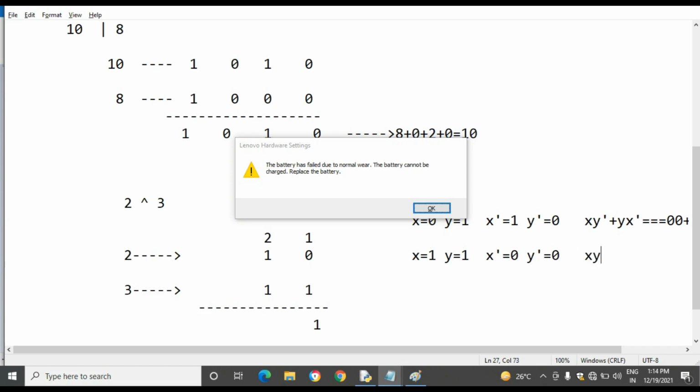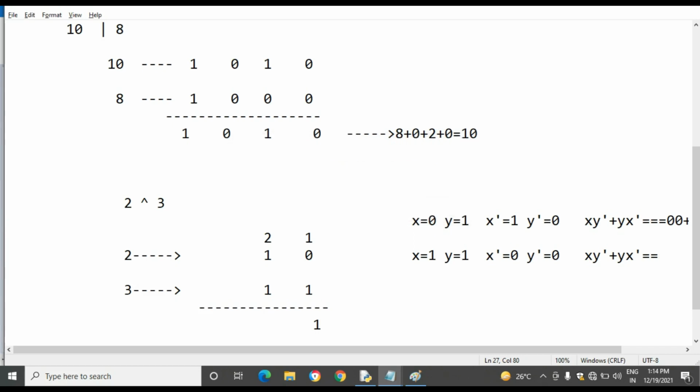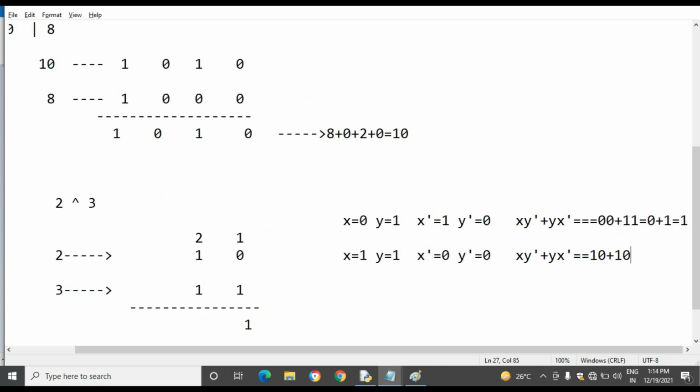So x y dash plus y x dash. X is 1, y dash is 0, so 1 0, plus y is 1 and x dash is 0, so 1 0.